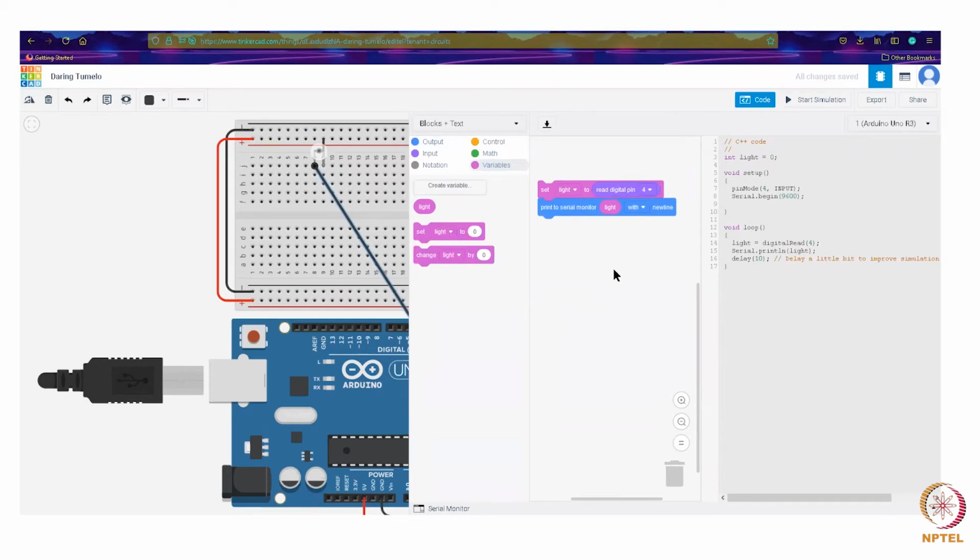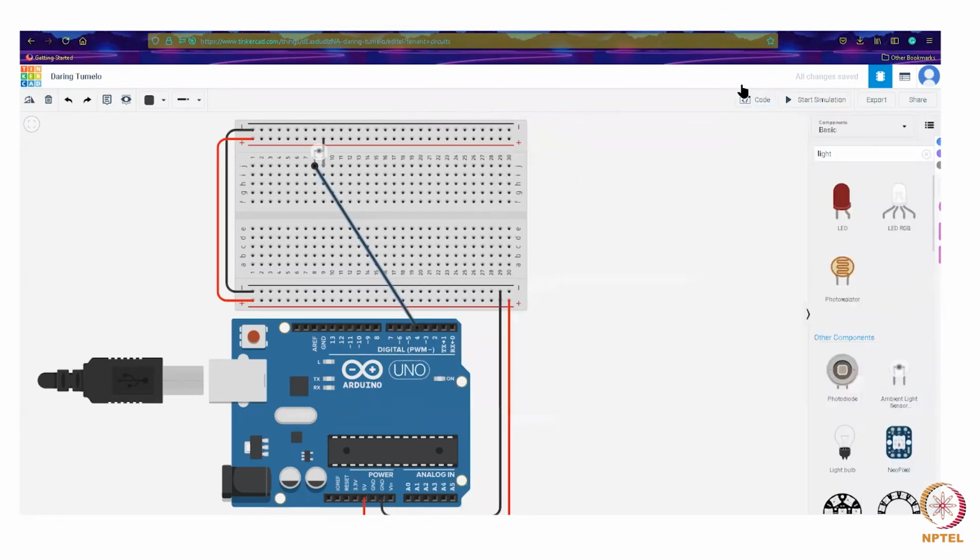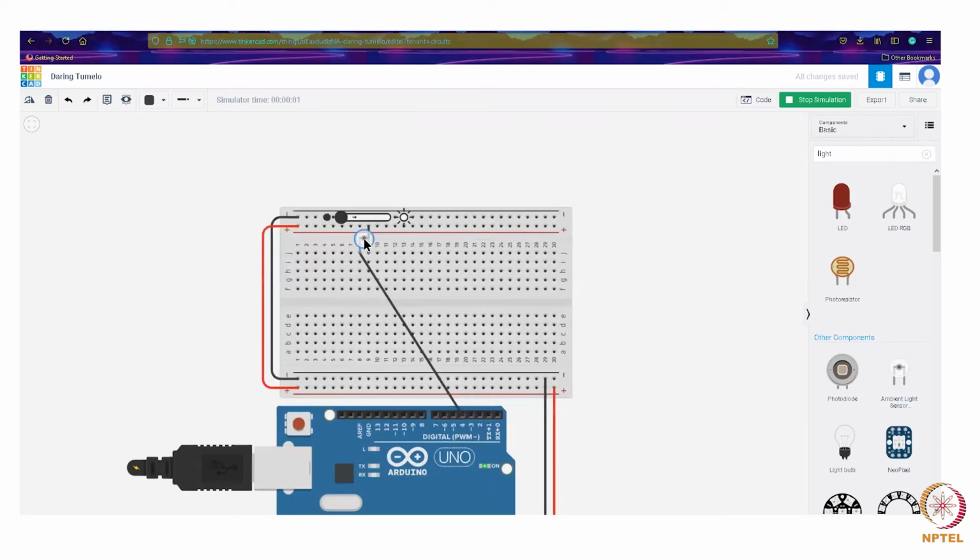So now what this program does is that it basically senses the light, and it will be giving out 1 or 0 depending on the light situation. So let us just run this system. So the simulation started. And for these kind of devices, for simulating the light situation, we have the bright and the dark kind of a thing.